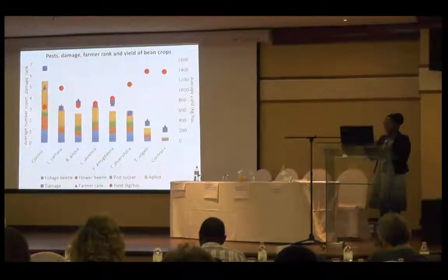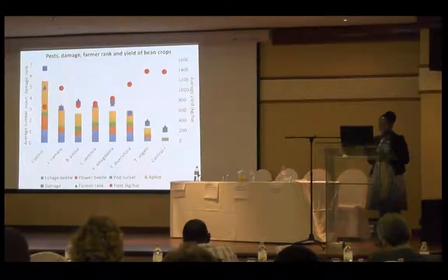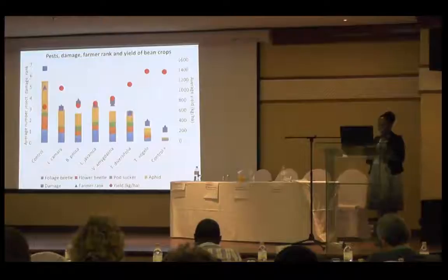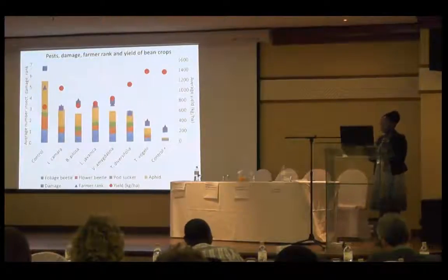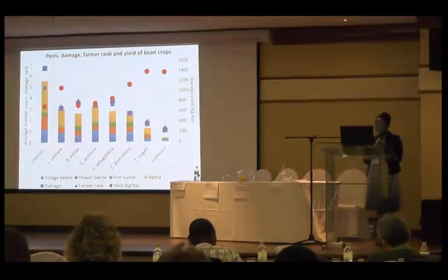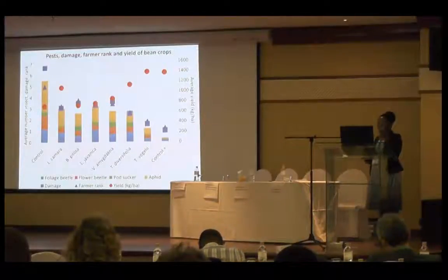It shows how farmers' observation coincides with the analysis from the data collected, which means if a plot is ranked very low, it is the best, and it shows it has higher yield. There's one exception in Lantana, which is Lantana Camara, which is rated not good, but still having a higher